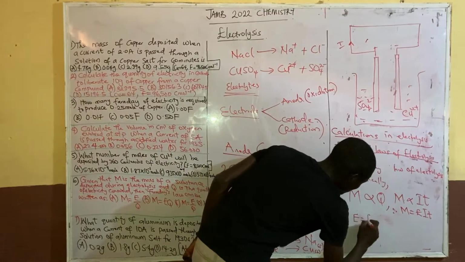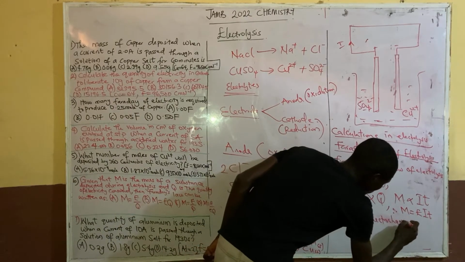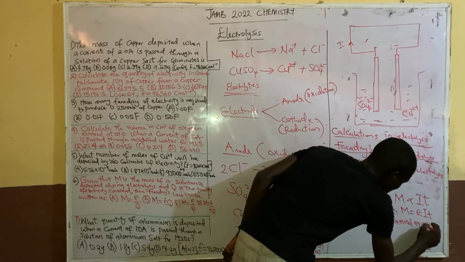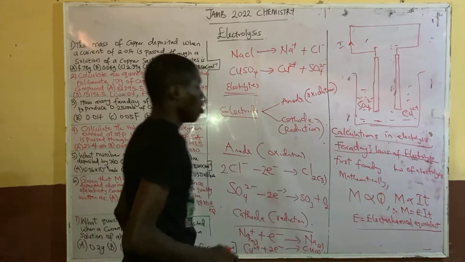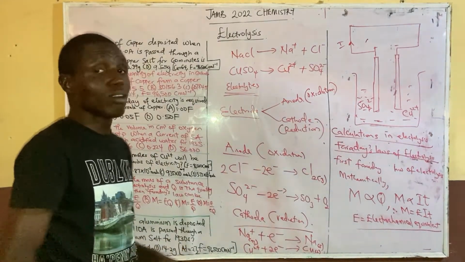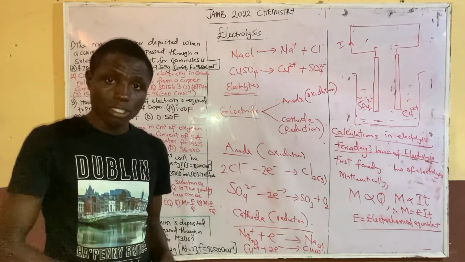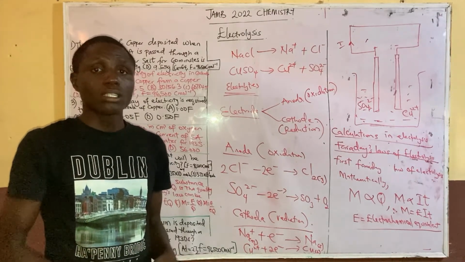Z is known as the electrochemical equivalent. So that is the first law of electrolysis. Now the second law of electrolysis says that